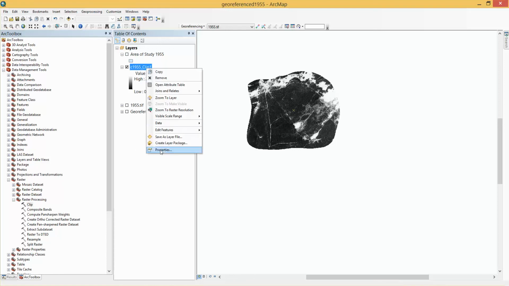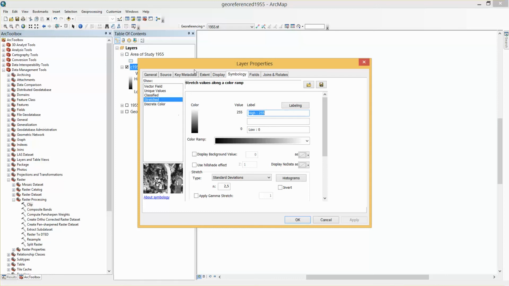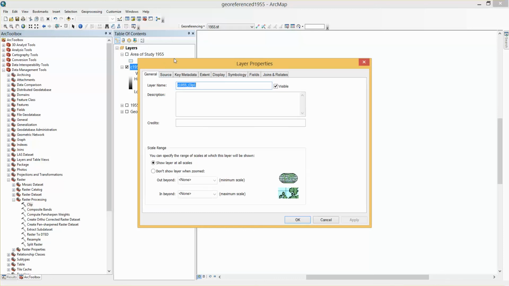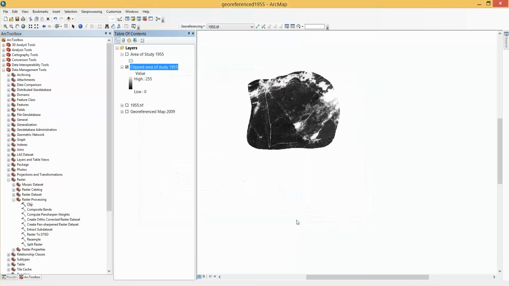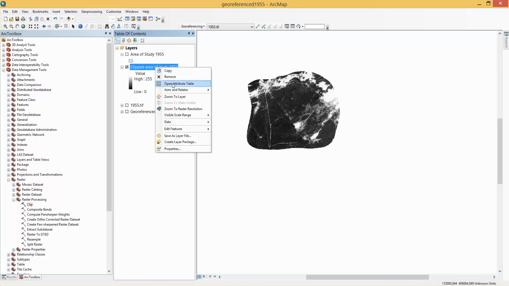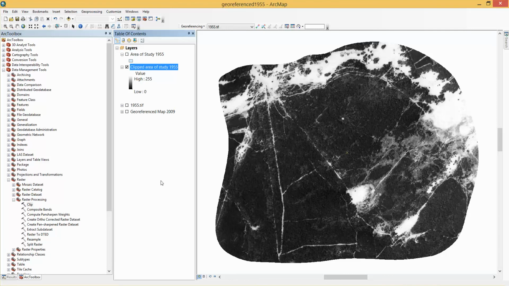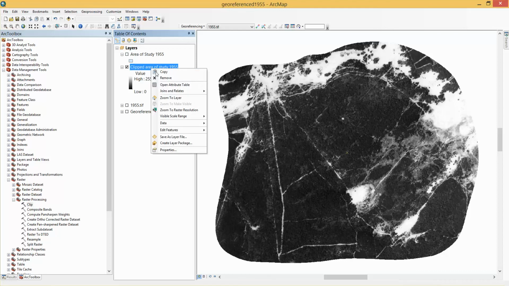I always like to then change the names so that we know exactly what we're looking at. We can call that clipped area of study 1955. Now we've actually done quite a bit of work in just a few minutes. I'll zoom to the layer. We now have the area of study that we want, and we can do a few things. We can look at the attribute table,